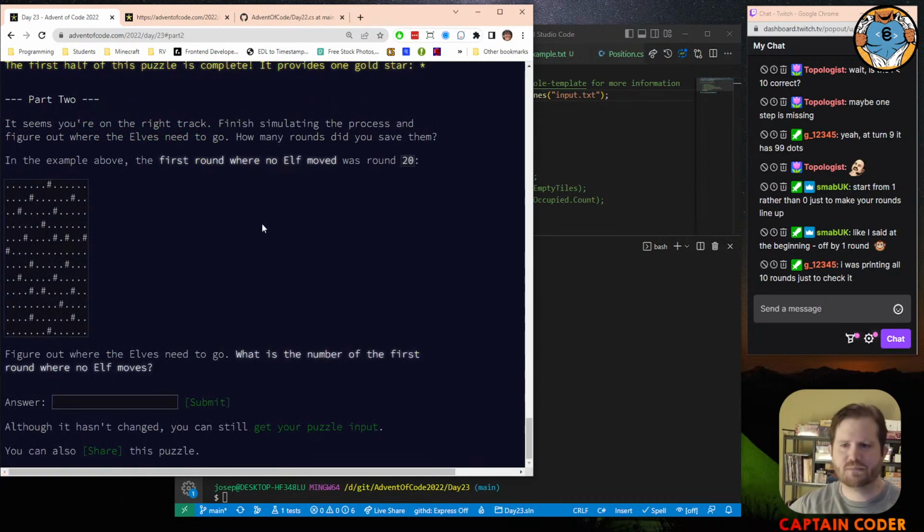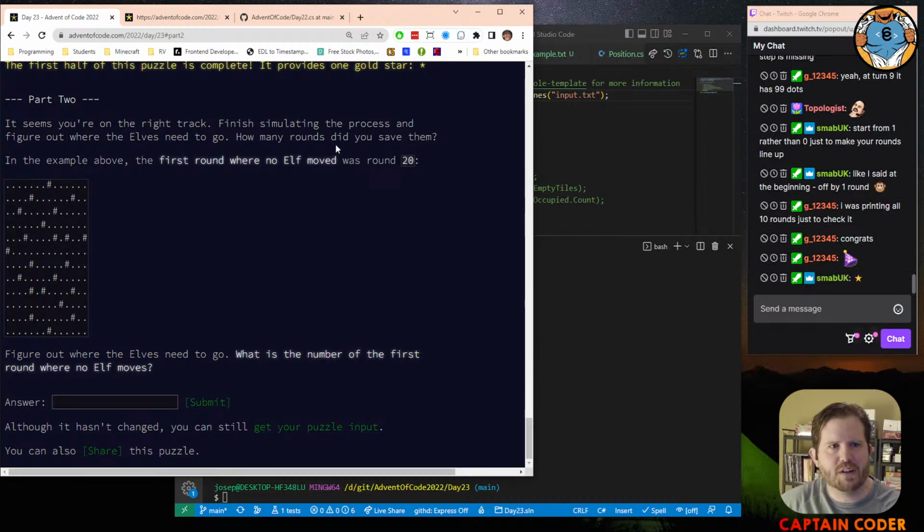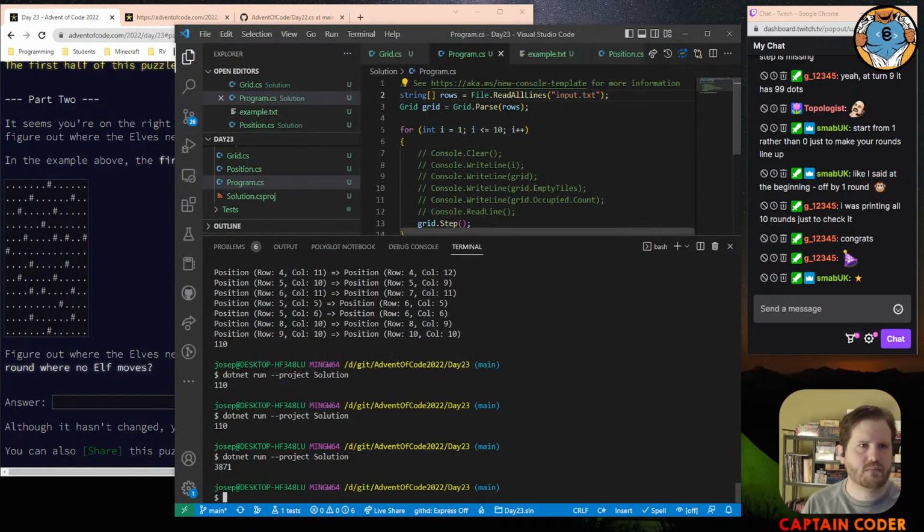Part 2. It seems you're on the right track. Finish simulating the process and figure out where the elves need to go. How many rounds did you save them? In the example above, the first round where no elf moved was round 20. What is the number of the first round where no elves need to move? Okay. So